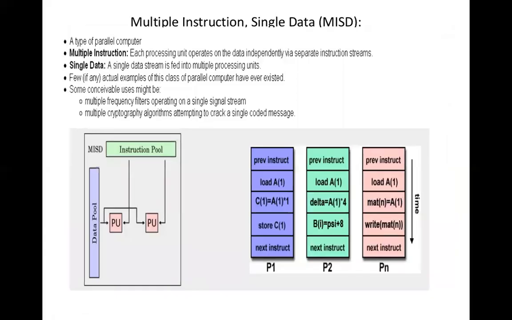And the multiple instruction and the single data. So actually this is something different theoretically. Here the instructions will be different, but they act on the same data. Look here, they are acting on A1 only, the data is the same but the instructions are different. Okay, so C1 is equal to multiplication of A1 with 1 here. Here it is with a constant, and here some other function is being applied, okay. So with the same data and different instructions performing,